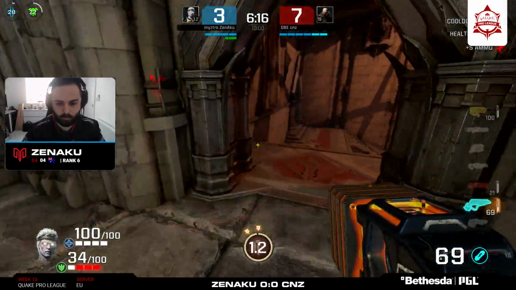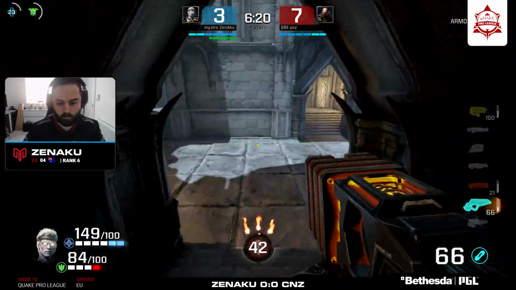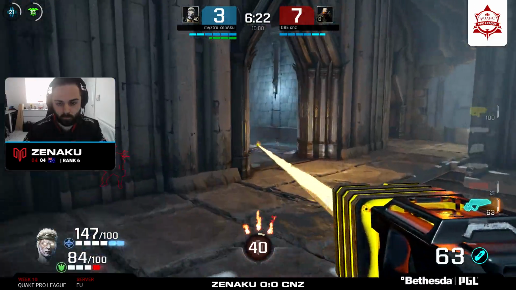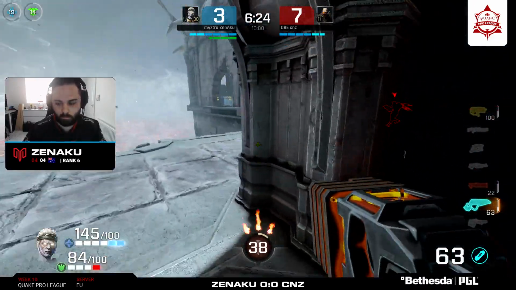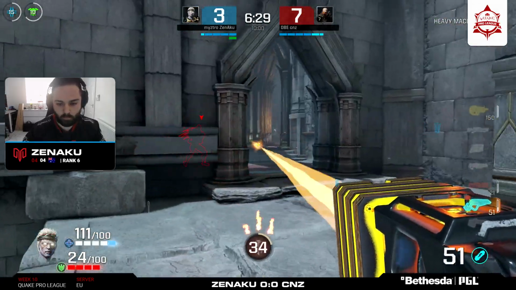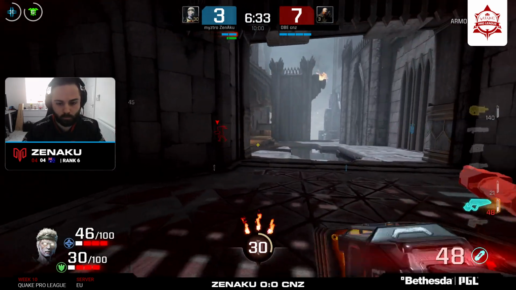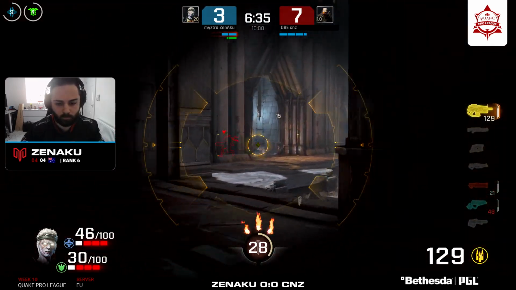Good thing he still had some of those totems around and available to him. So Dennis still got this overstack. It's just a matter of just keeping CNZ away from these totems as well. Good rocket there from CNZ just to try and help keep this distance a little bit more. Good LG again from CNZ, but even with ZenAku with the heavy machine gun,